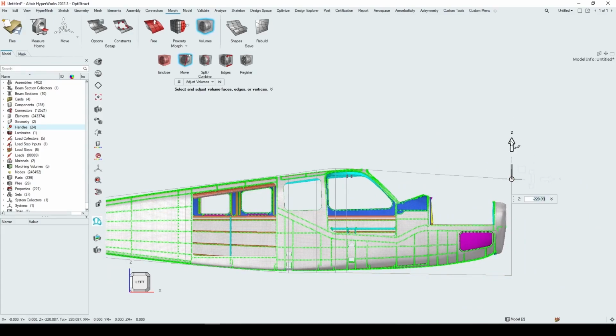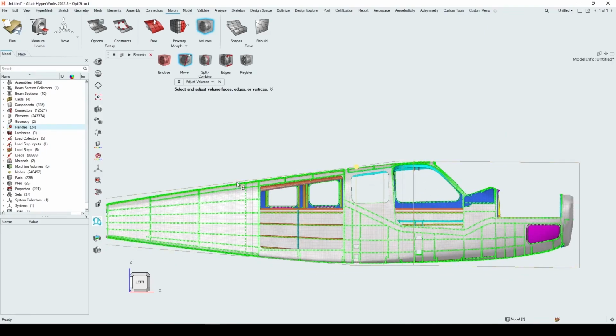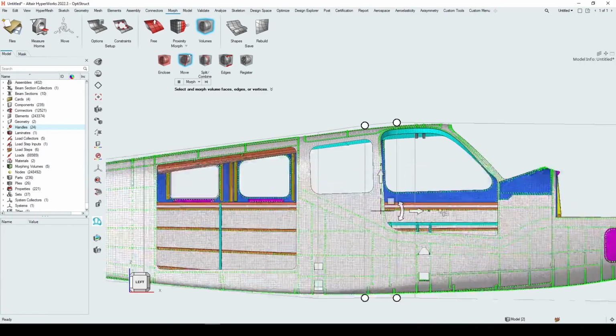I think here we probably are okay in this region because we're not so concerned about the impact of what's going on upstream here. It's only the downstream area that we're concerned with. So we're now going to change the adjust volumes to morph, and we're now ready to try morphing our pillars in X